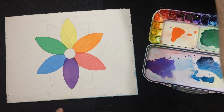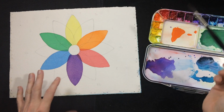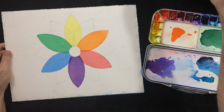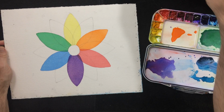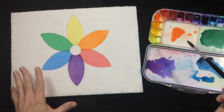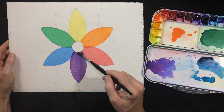Alright, I think I'm going to try a couple things for this next one. And I'm getting more sure of it by the moment. What I'm going to do, as I'm looking at this and thinking that some things are too dark, I've been kind of not starting as watery as I would usually like to. So if you do find yourself in that spot, on one hand, I would encourage you to complete at least one layer everywhere there's going to be paint, because it's hard to judge if something is off. But I'm just going to say that this petal is a little too dark